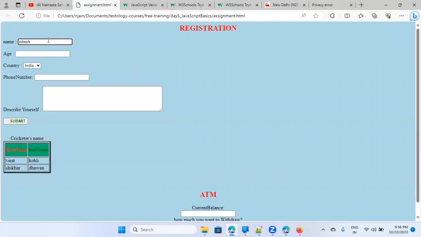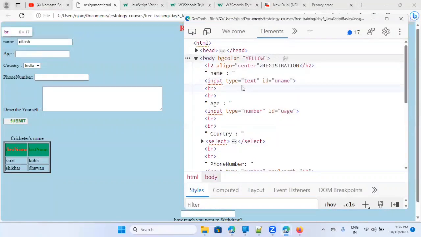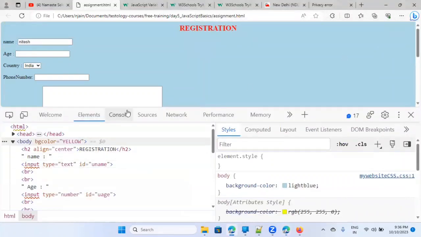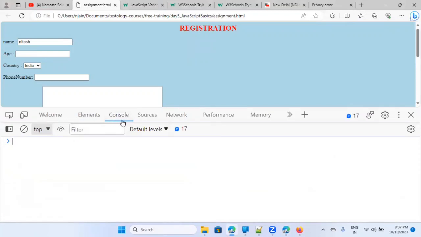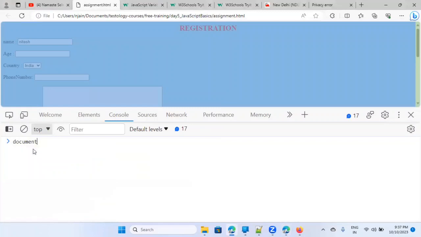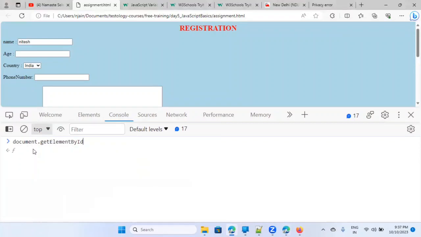So now if I say Nitesh here and inspect this, I'm able to see input type is equals to text, ID is equals to uname, correct? I can go to the console. I will show you here. I'm going here at the console and I'll write document dot getElementById. It will give you the option. And the ID name is uname. And if I hit enter,